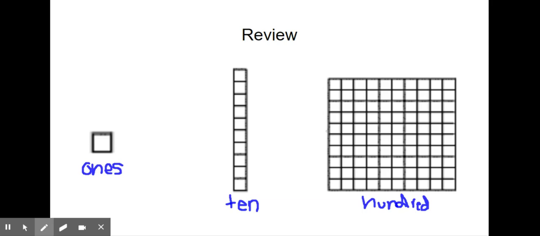Okay, so if I am looking at my ones, I can kind of look at my 10. My 10 is made up of ones. Let's see how many ones. 1, 2, 3, 4, 5, 6, 7, 8, 9, 10. So 10 ones